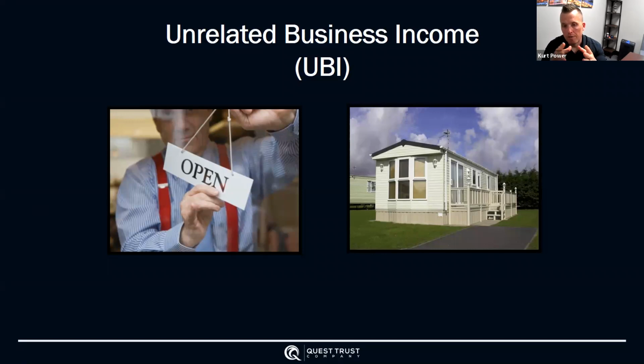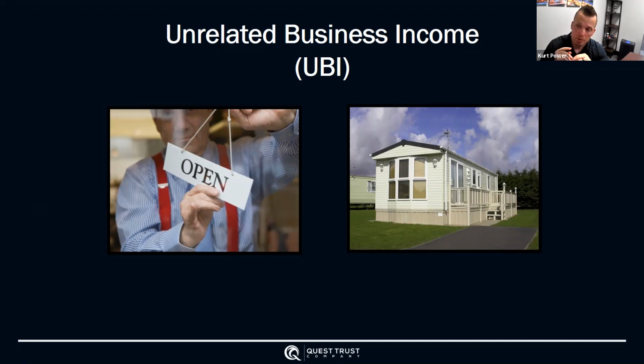An example of how a business would incur UBIT, use the example of a church. A church is a nonprofit business, and they have a bookstore selling religious books, religious goods, etc. That ties back directly to the intended purpose of the church. But what happens if I go to church and they've got a Starbucks in here, a McDonald's, Popeyes chicken, whatever it is? That has nothing to do with the intended purpose of the church.